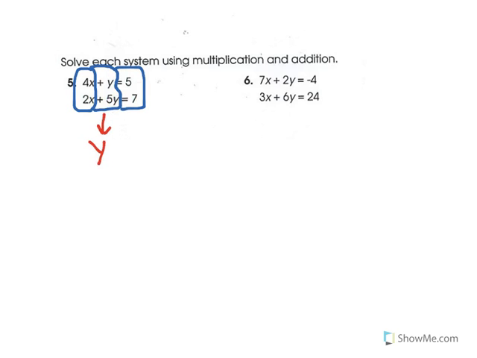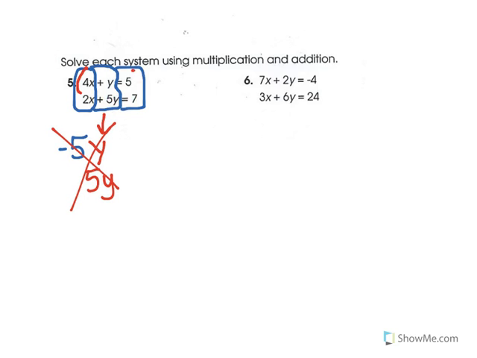I have a positive y and then a positive 5y. In order to eliminate these, you have to have the opposite number in the same variable. So the top equation, we want that to be -5. So in order to get that -5 so that they will cancel out,